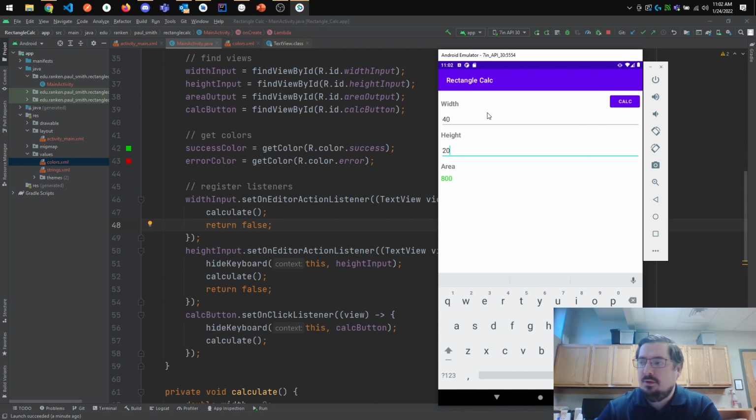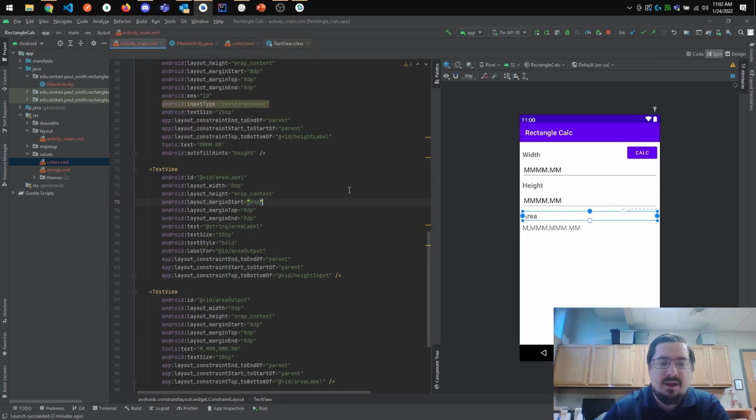One thing you might notice at this point is that the keyboard that pops up is actually a text-based keyboard. It's a full keyboard, when really all I want is numbers. In fact, to get the numbers on there, I have to hold, click, and that will get me to the numbers, or I could switch over here, but I would like it to be just showing the numbers. So the way I do that is I go back to the layout, and for each of these inputs,